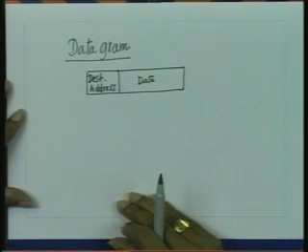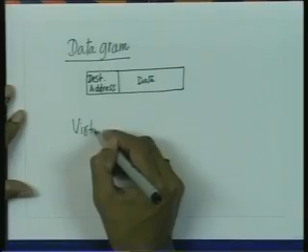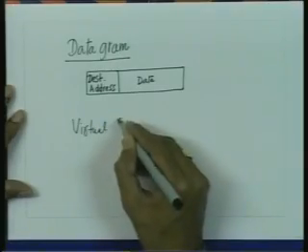The packet switch node looks at the destination address and then determines where the packet needs to be forwarded by using some kind of a routing algorithm. On the other hand, in virtual circuit switching,